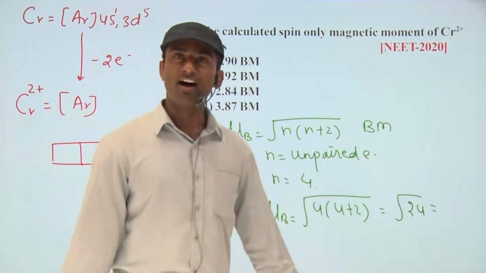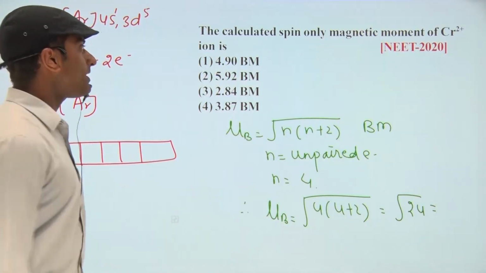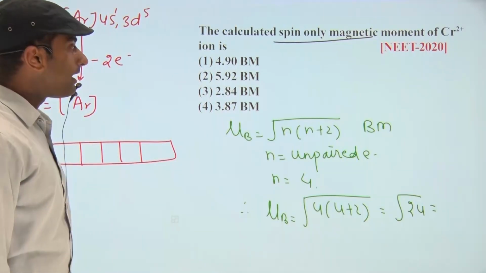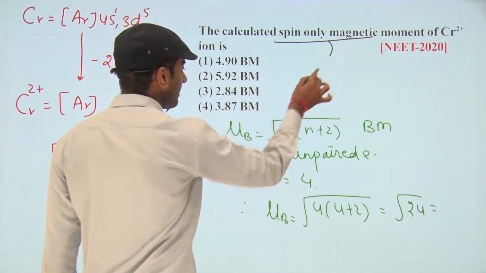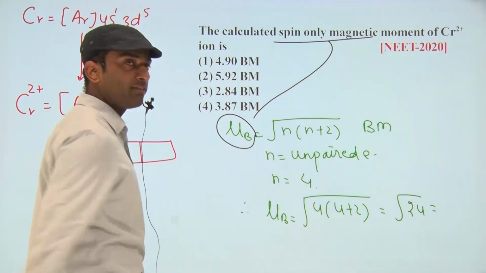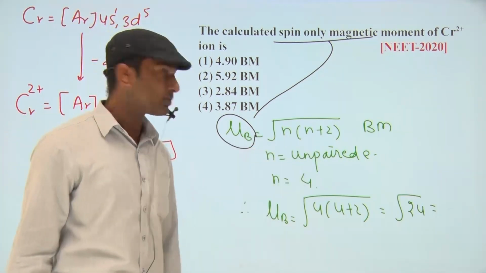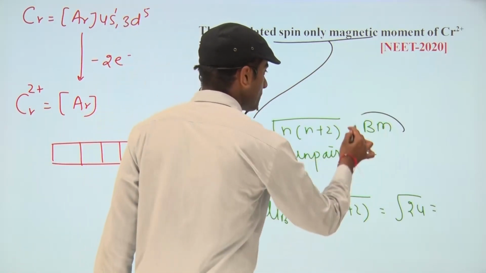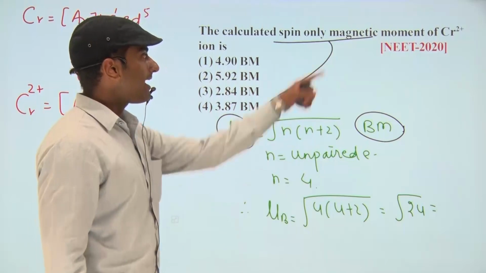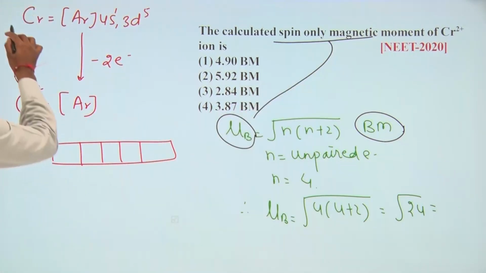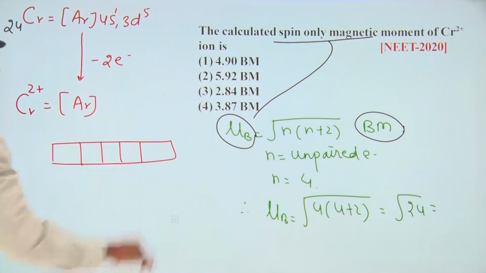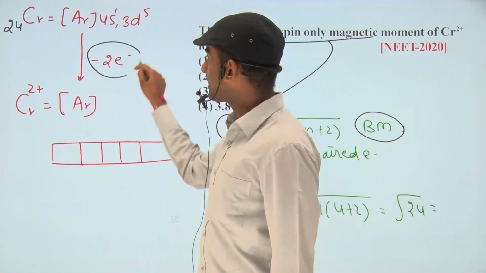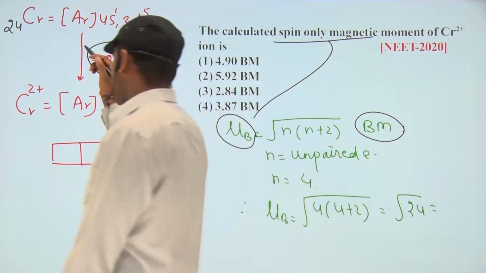Clear? Next, this question is asking the calculated spin only magnetic moment of Cr+2 ion. Spin only magnetic moment is represented by mu, and the formula is under root n into n+2. Here n equals the number of unpaired electrons and the unit is BM, Bohr magneton. As far as chromium is concerned, the atomic number is 24 and this is the configuration of chromium: Argon 4s1 3d5. After removal of 2 electrons, it will get the +2 charge, and the configuration will